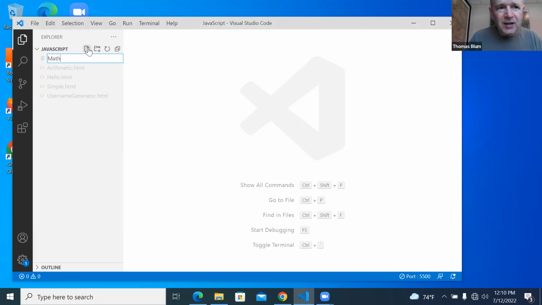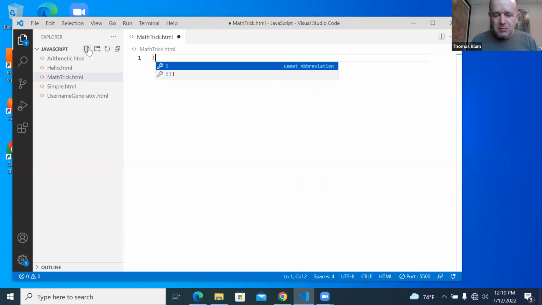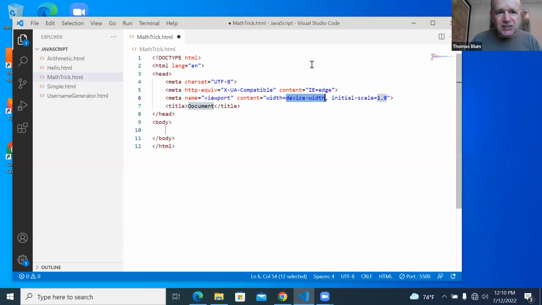So I'm making a new file. I had Visual Studio Code open to a particular folder. I'm making a new file within that folder, giving it the HTML extension so it understands it's a web page. I'm going to do an exclamation point, which gives me the Emmet abbreviation, a boilerplate for this, and I'll just say math check